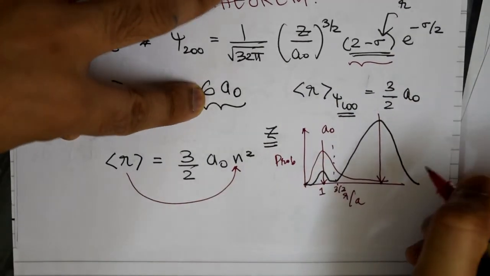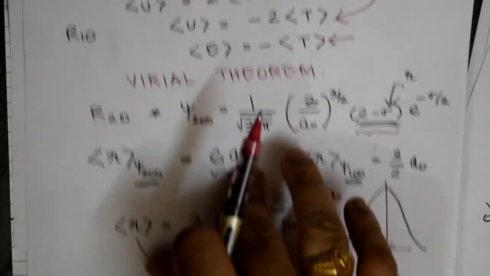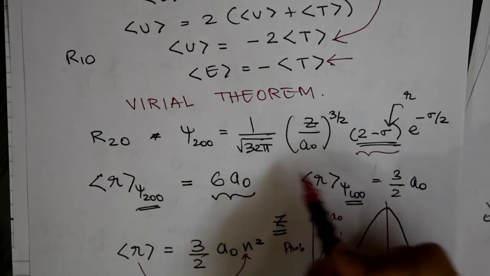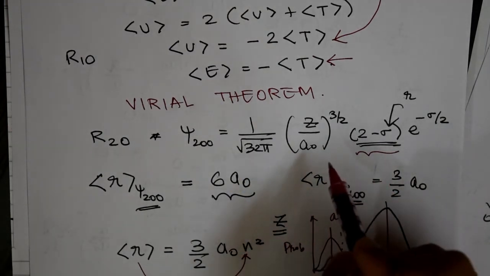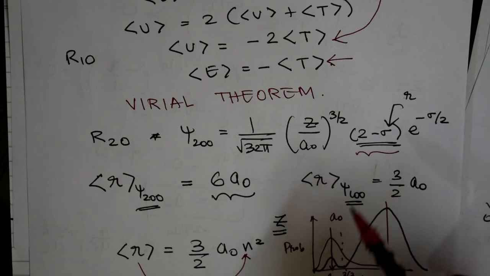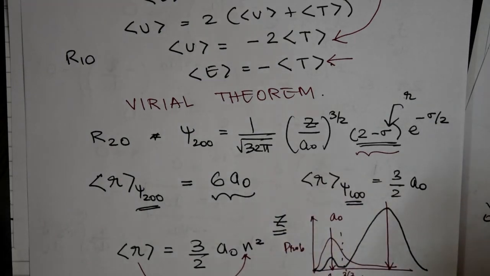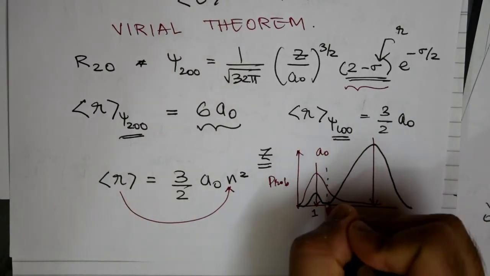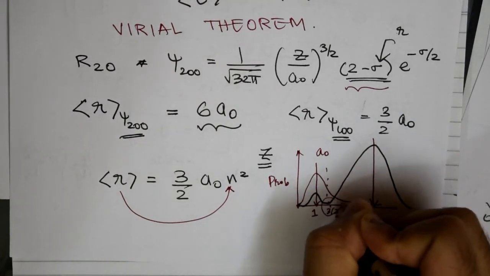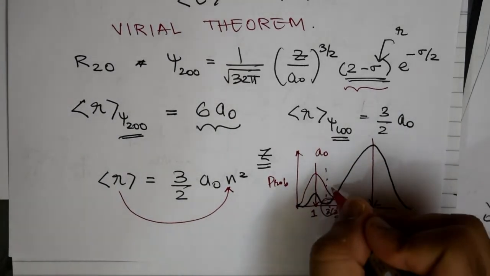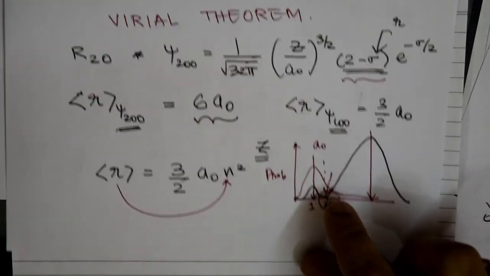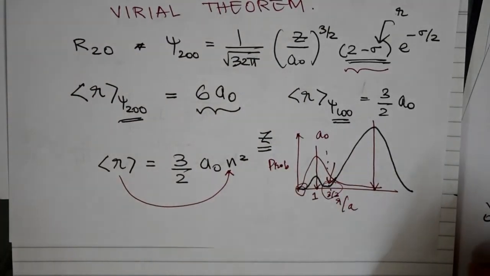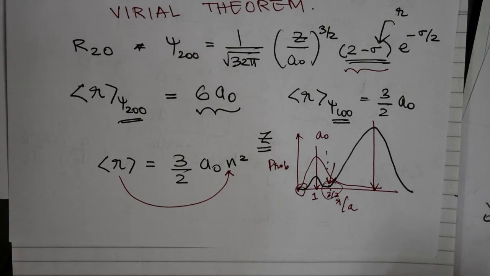How will you find the most probable? You take the probability, which will be the square of it, and take the first differential with respect to x and set it to 0. Of course, the second differential should be less than 0 for a maxima, and therefore you will be able to find the value. Okay, and of course this is not to scale, so don't be carried away by this. There is actually an extra node that comes for the 2s orbital, in addition to the node that is already present at the point of the nucleus.